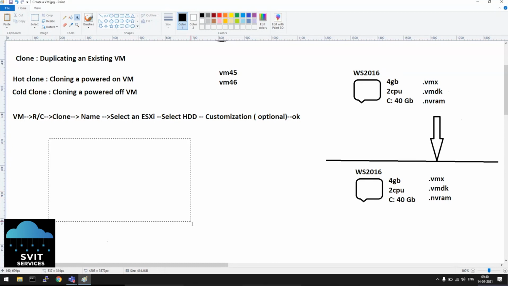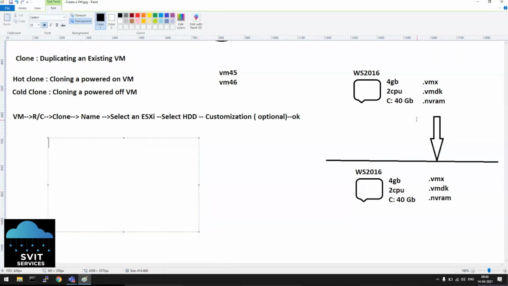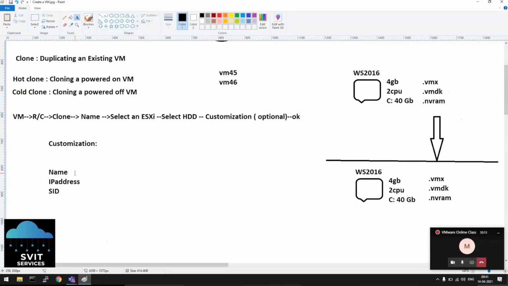For any machine, if you clone it, everything as it is on the source will be exactly copy pasted. But there are some parameters that should not be the same for any two devices in a network: computer name, IP address, SID, like that.